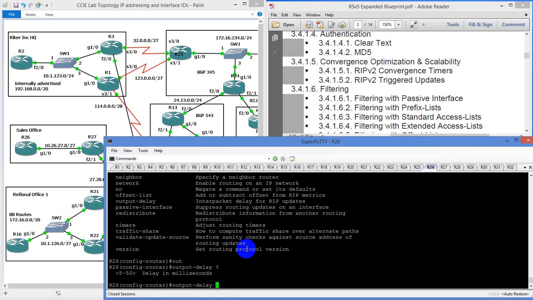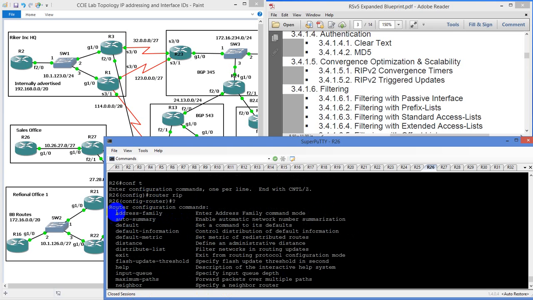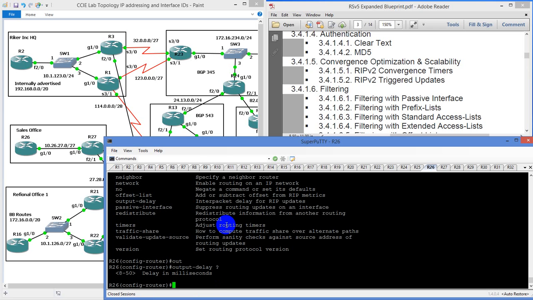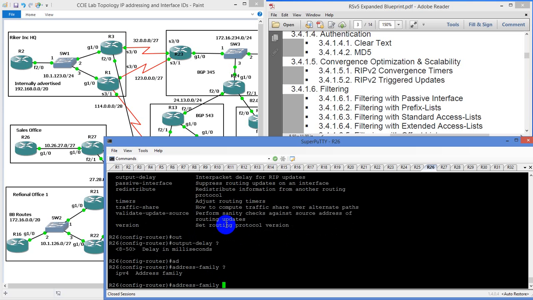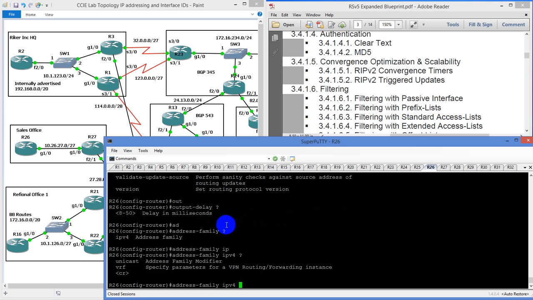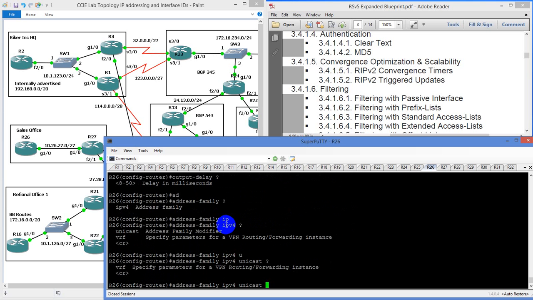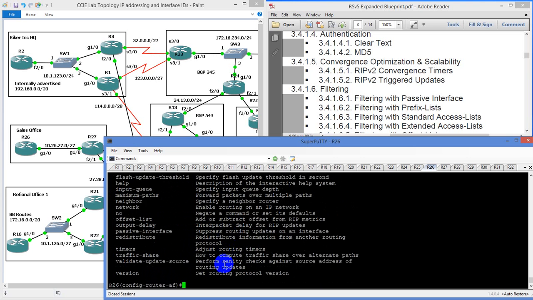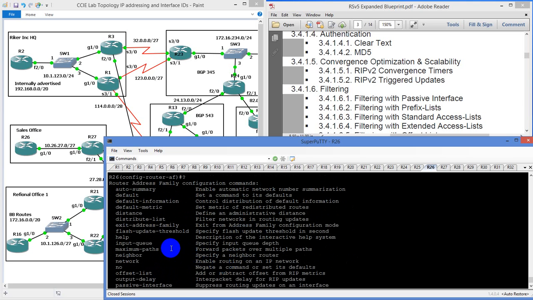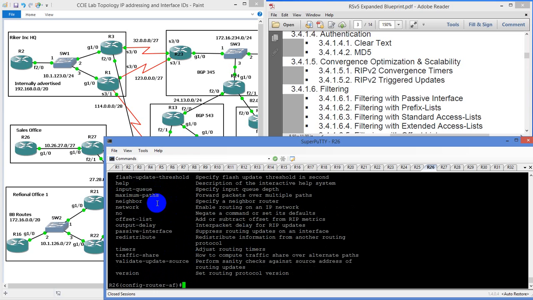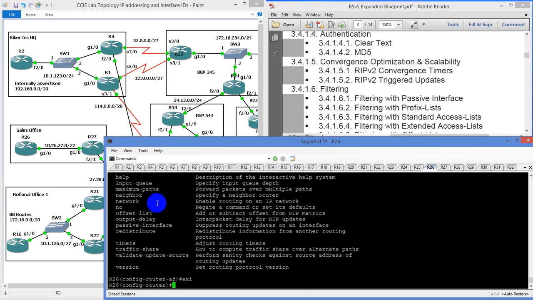Now you can go to the address family and get specific in here, but we're always going to be using IPv4. So let's say we were to type in address family, then IPv4, then unicast, and hit enter. Same thing. There's not much difference; you just lose the auto summary or the address family capability. All the commands are the same. I never go into AF mode. It's the same stuff. The only time it might be a little bit different is if you're using IPv6